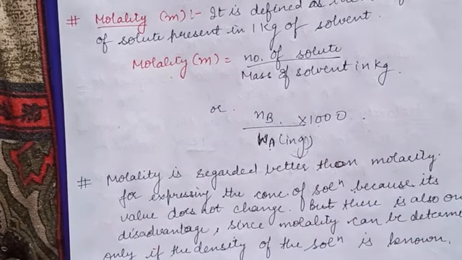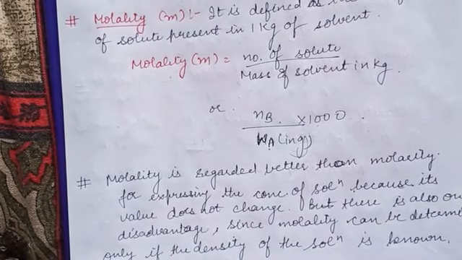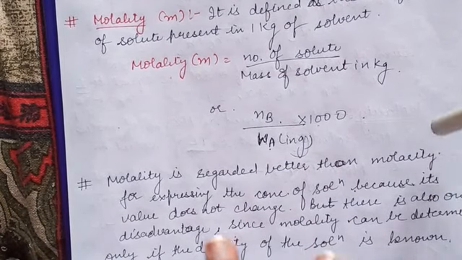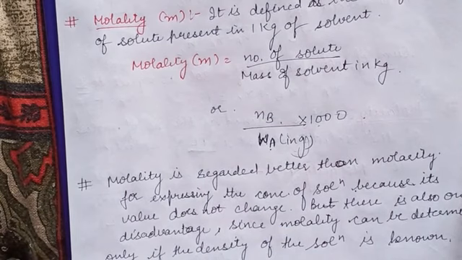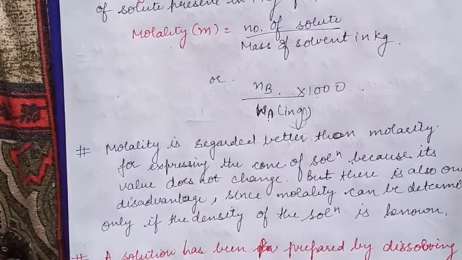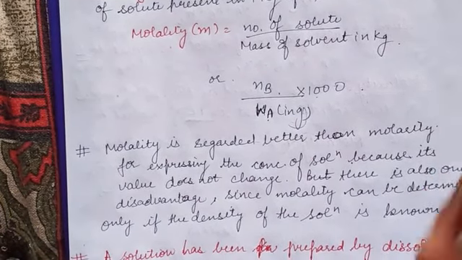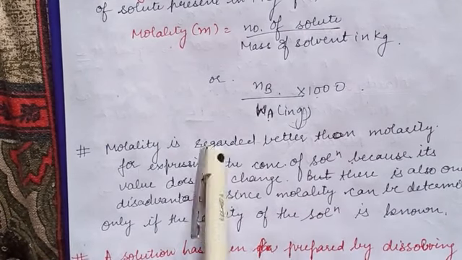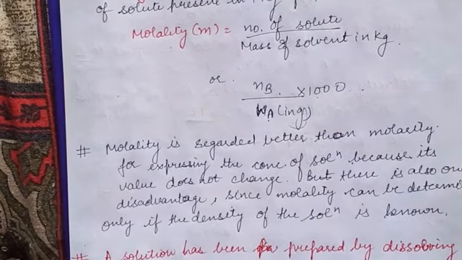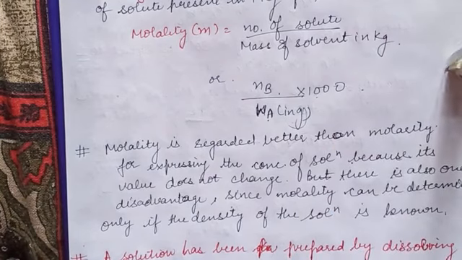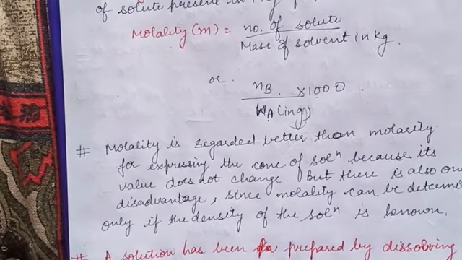Now if you ask me which quantity or which method is better from both, molarity or molality, because in analytical chemistry in maximum laboratories most of the time we use molarity to find the concentration. But if we talk about which is better, then molality is better than the molarity. Why is it better than molarity? Because molarity takes into account the volume, and molality takes into account the mass.